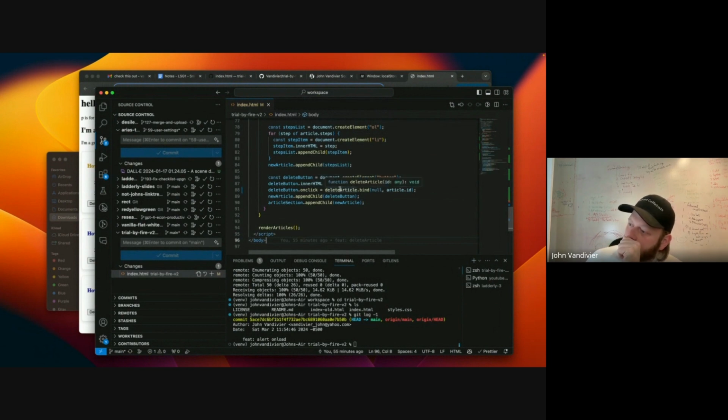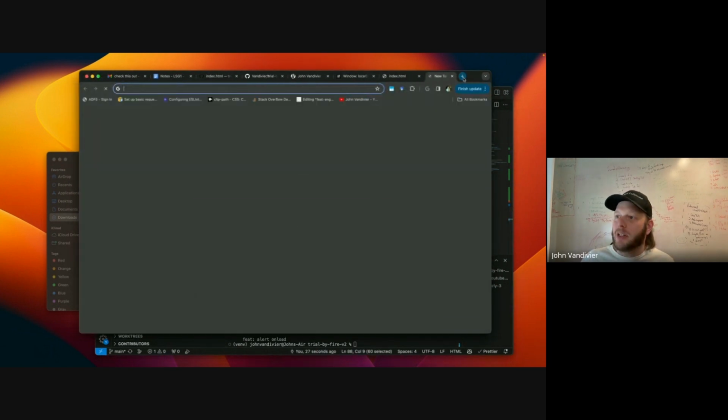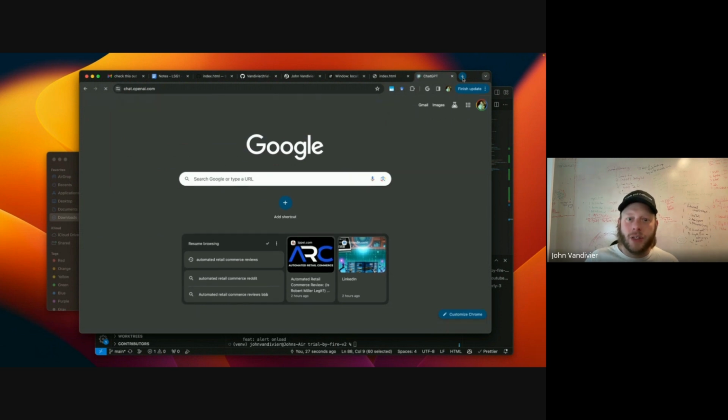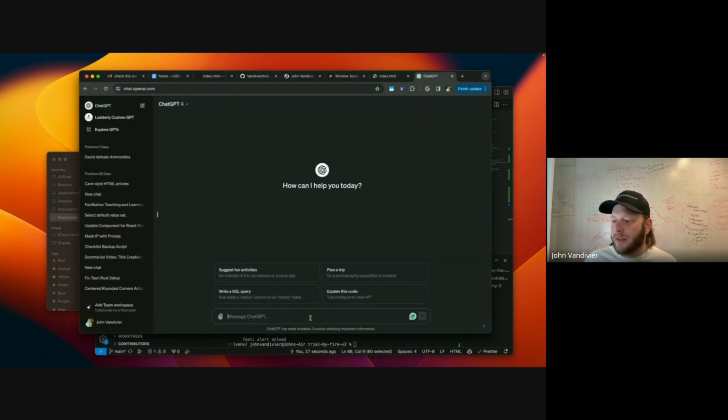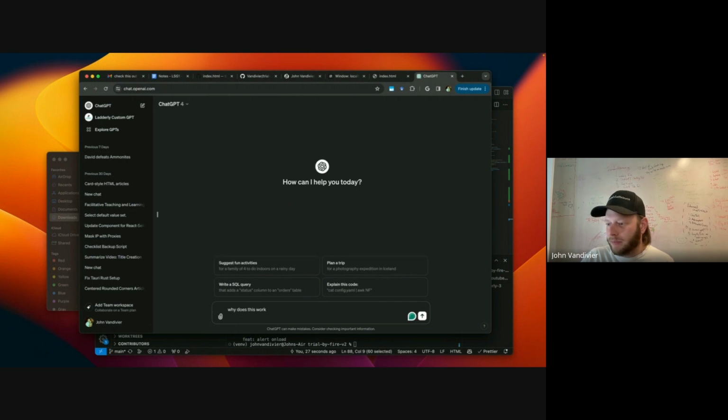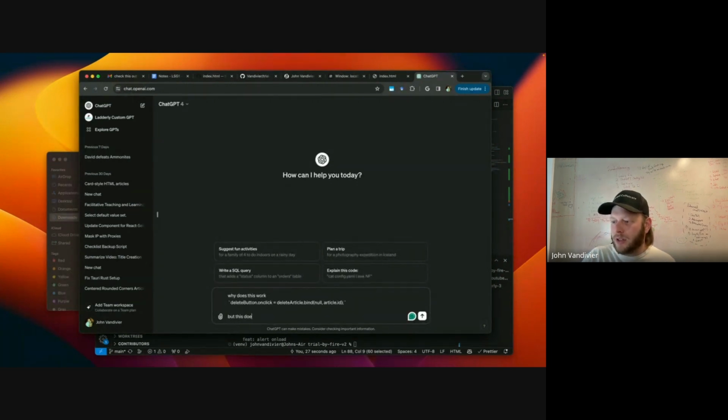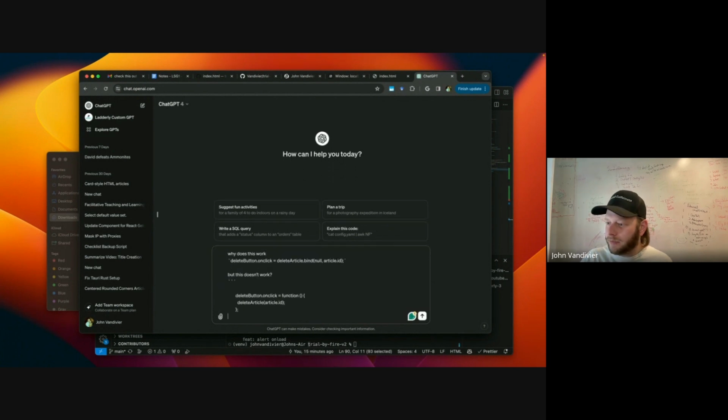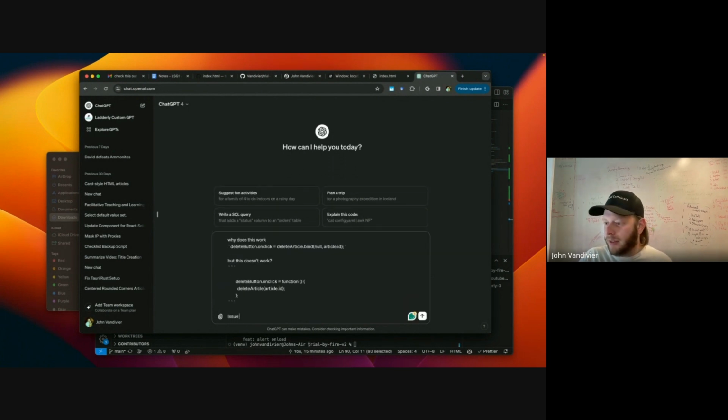Why does this work and the other doesn't work? I don't know. I'm going to have to ask ChatGPT myself. I think it's because it's in a closure, but I'm not sure about that, so I want to check. Gosh, getting into the advanced topics. Why does this work, but this doesn't work? The issue: I am binding over 3 articles, and the second approach always binds only the last article.